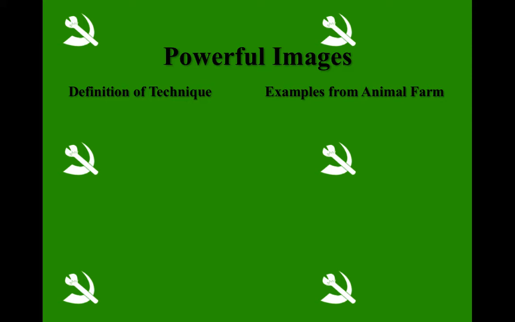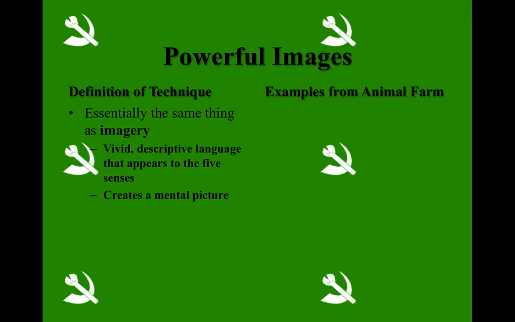Powerful images. Now this may not sound like something that we could have in Animal Farm, because you can have literally a powerful image, and we'll see that later when we look at real life propaganda: actual, printed on a poster, seen in a commercial, an image. But there's such a thing as imagery in language too. And so that's how we can see it in a novel.